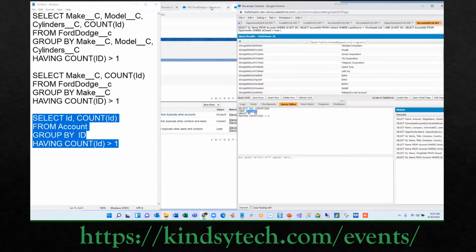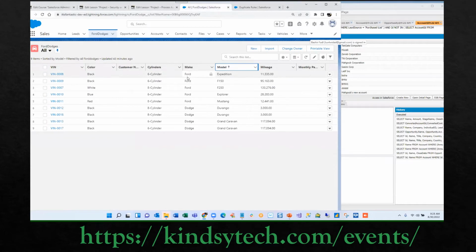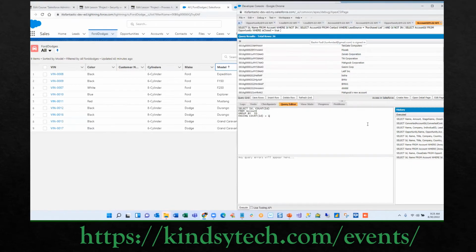So let's go ahead and take an example. Let's look at our data over here. How many Fords do I have? And the object name is Ford Dodges. Now this is the actual label, not the name. So the name of the object, if we go to Object Manager, look at it, it's always at __C because it's a custom object. So what are we going to find there? We're going to find in